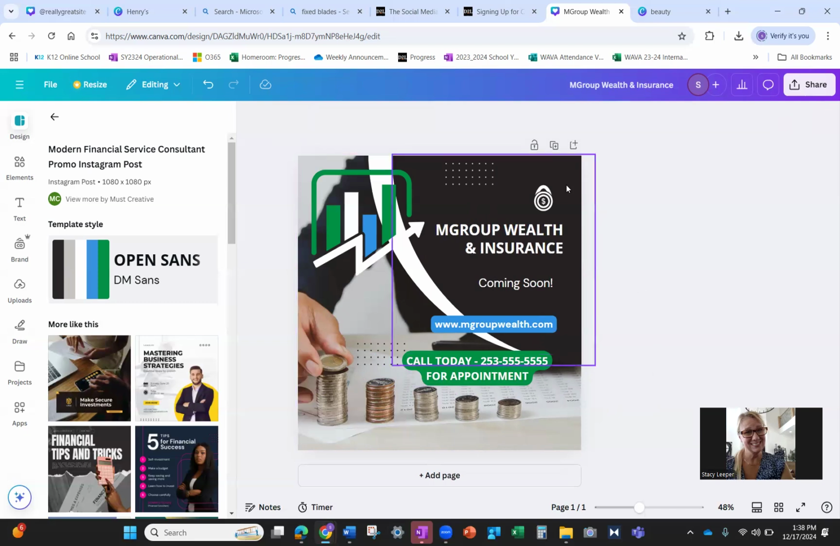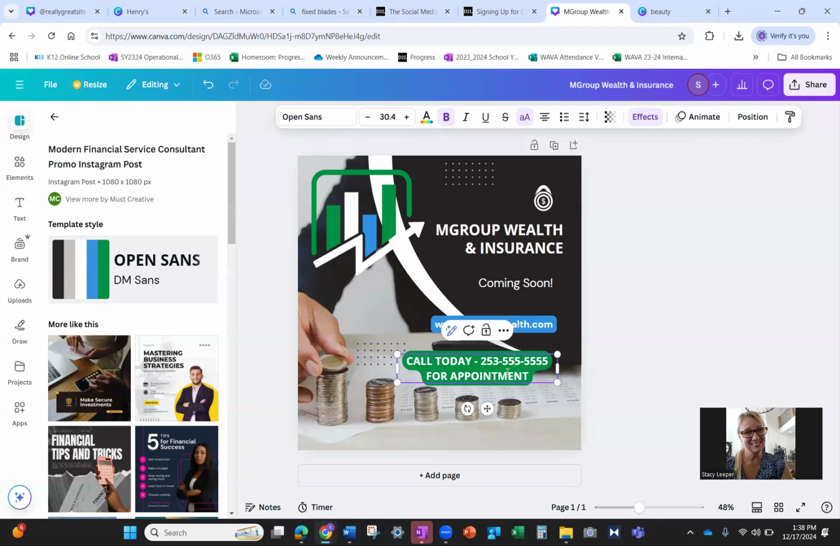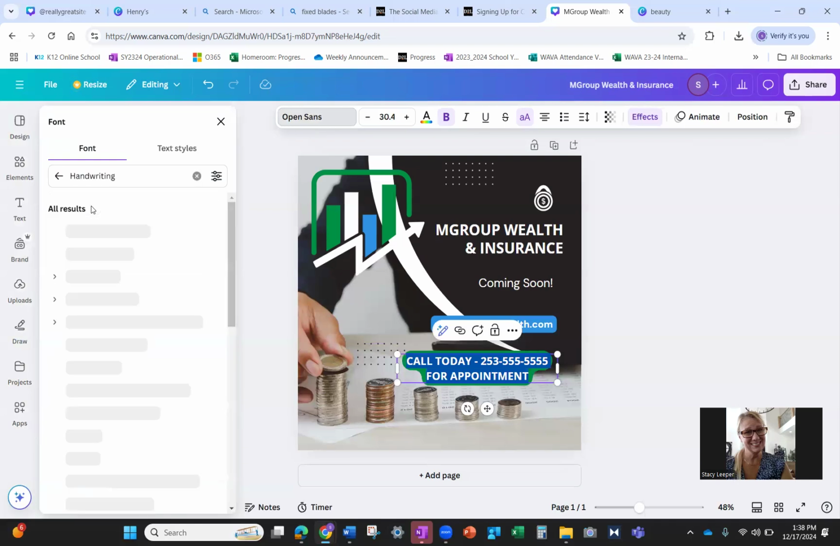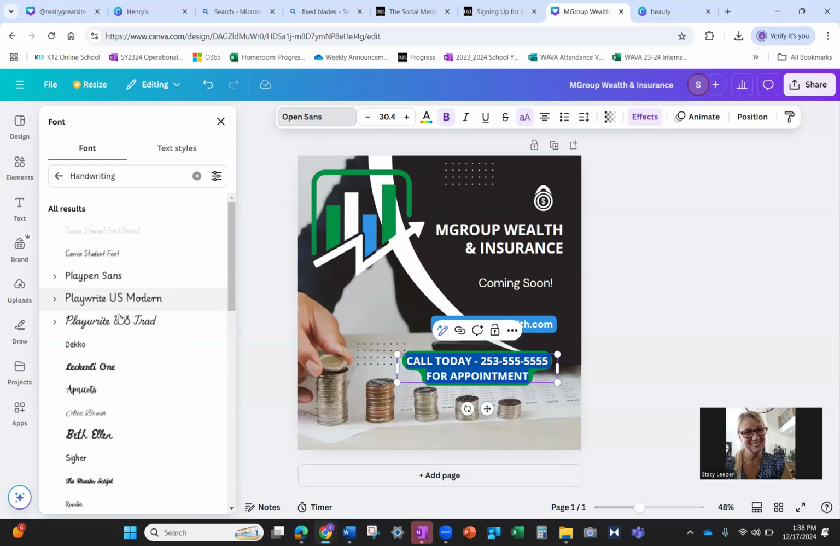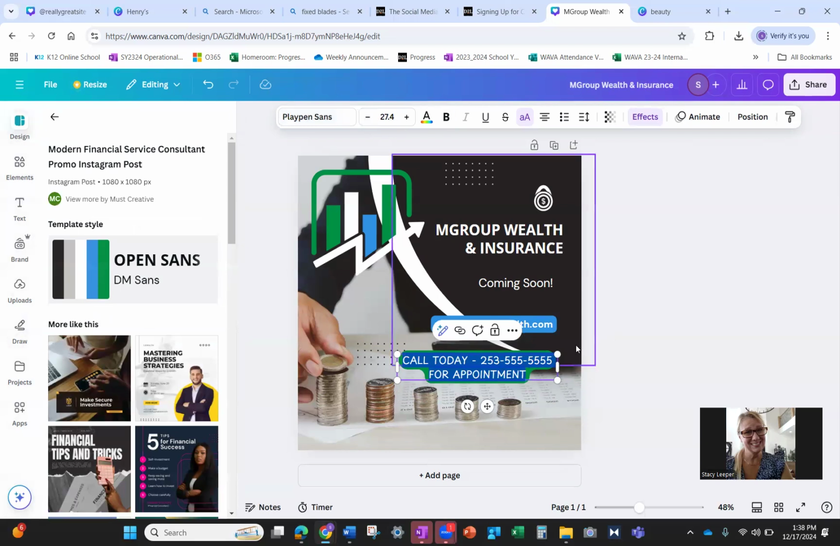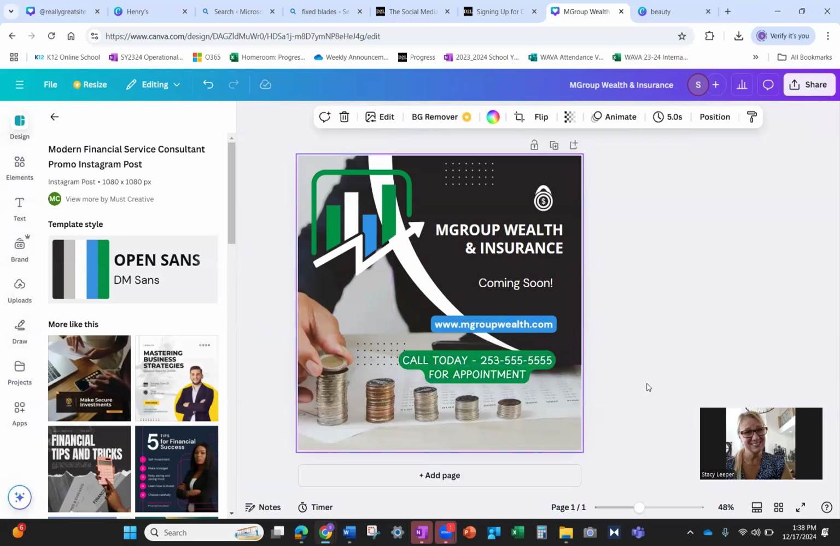So if you don't like the font, what can you do? You can change it. Okay, so there's all sorts of things you can change it to. Ones that look like handwriting, ones you'll like or ones you won't. I like that one, but I think I would want it a little smaller. Okay, or maybe